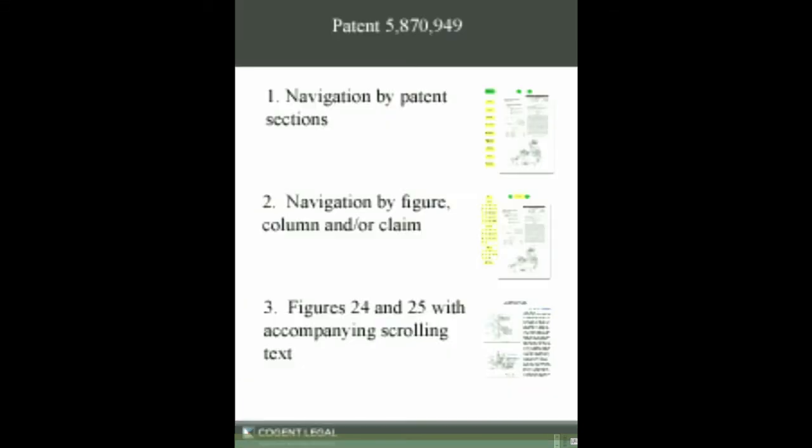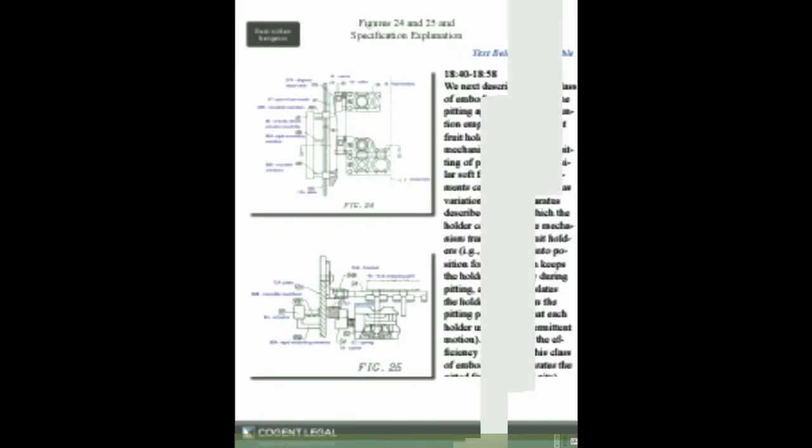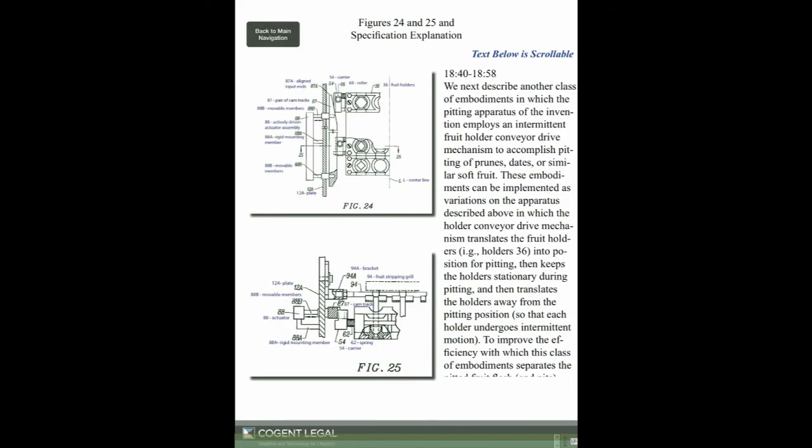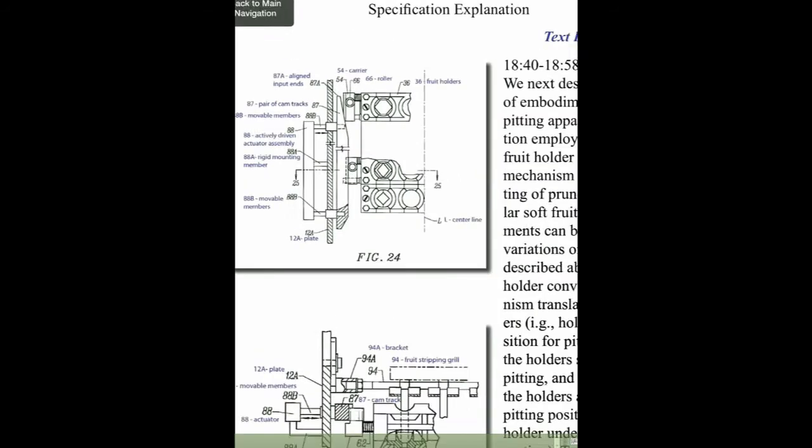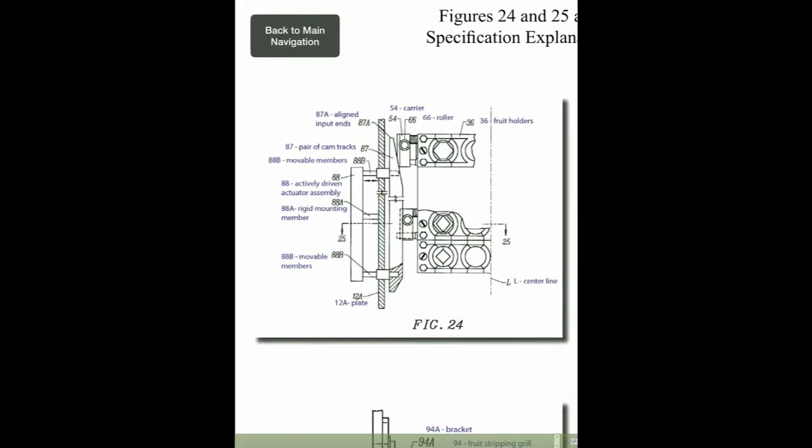Now I'm going to just show you one third idea for your patent of something you might want to do, which is this third section here where we've taken figures 24 and 25 of the patent. And what we've done here, I think, is an important thing. We've taken the image from the patent, which is many pages ahead of column 18 of the text, which starts to describe these images. And we've taken the images, we've added to the drawing itself labels that are taken from